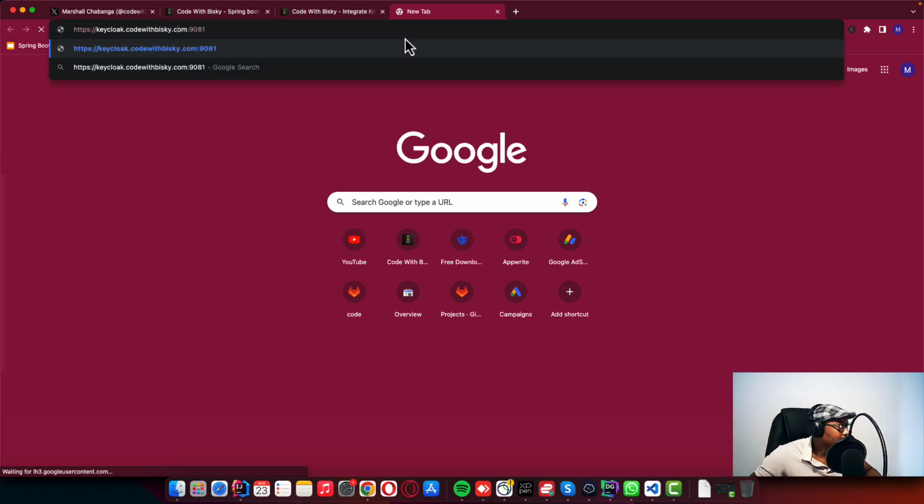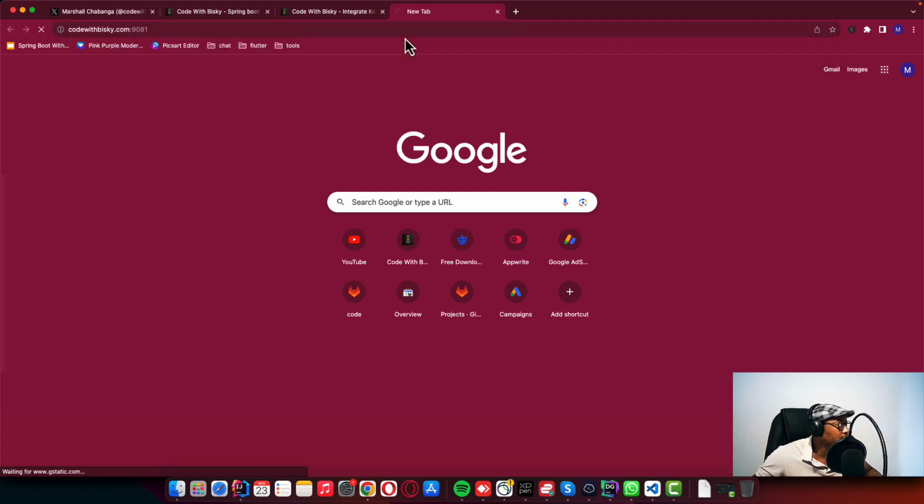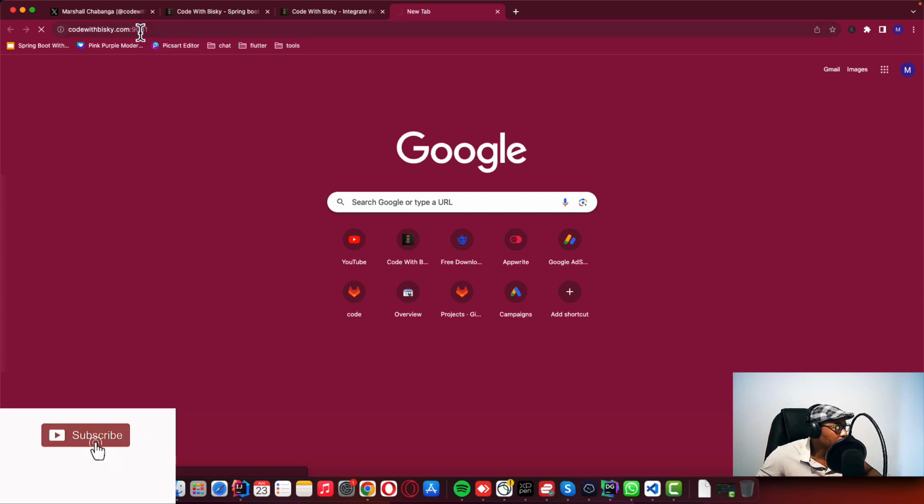We can't access it right now because we don't have the Keycloak subdomain, and it will be HTTP also. Trying to access this won't work because our server requires HTTPS,